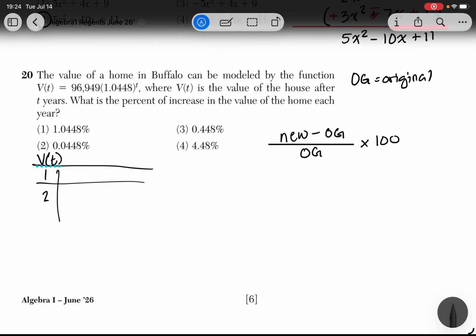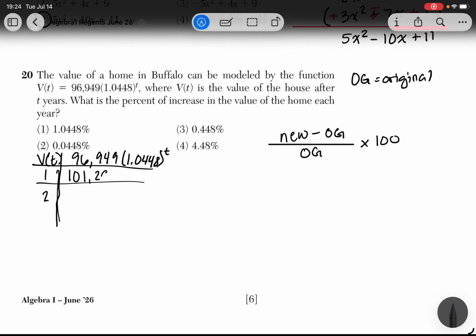And then we have our actual function itself of what V of t equals. So we have 96,949 times 1.0448 raised to the power of t. If we were to plug in these values, so for 1 and put that into the calculator, you should get something in the range of 100,001,